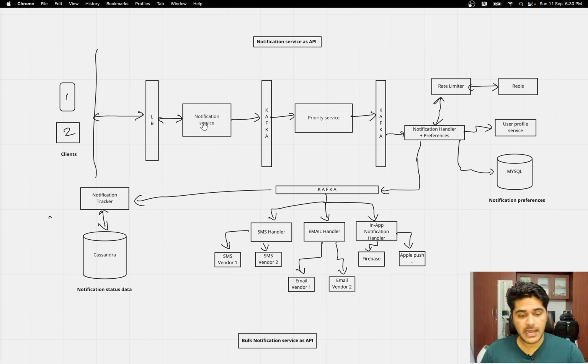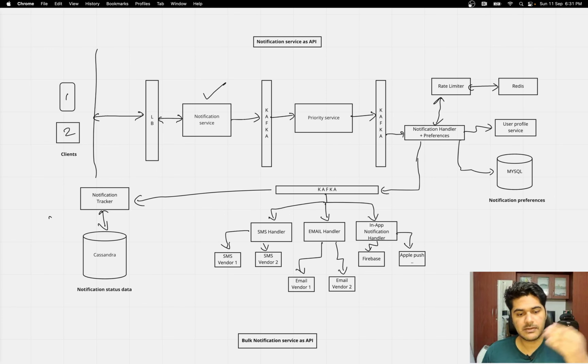Then ultimately behind this there will be a notification service. So treat it as your API server, where you are actually having the APIs. And obviously this is not one single server. Everything here, whatever I made as a service or independent box, is again a cluster of multiple things.